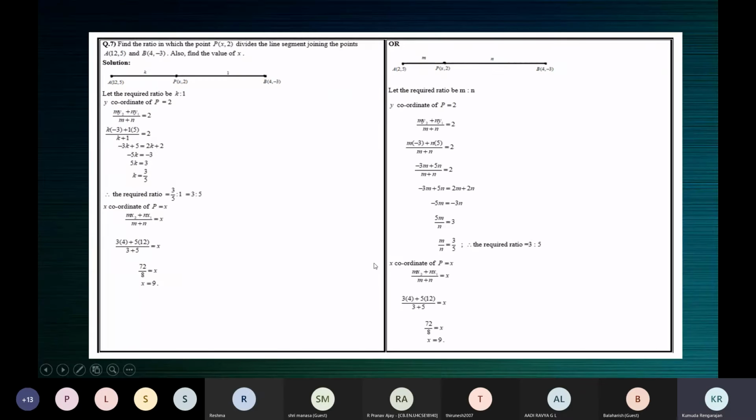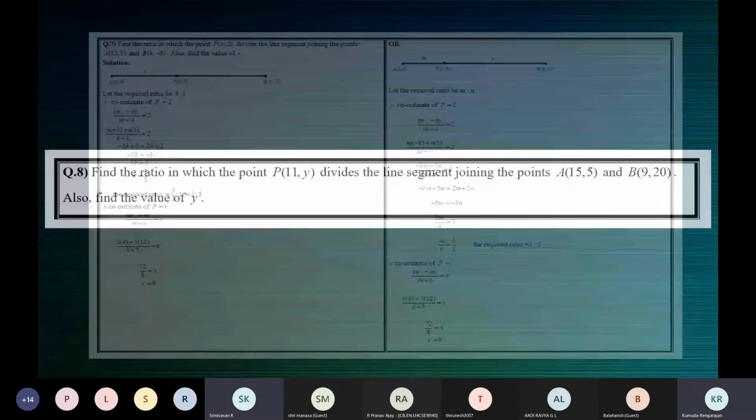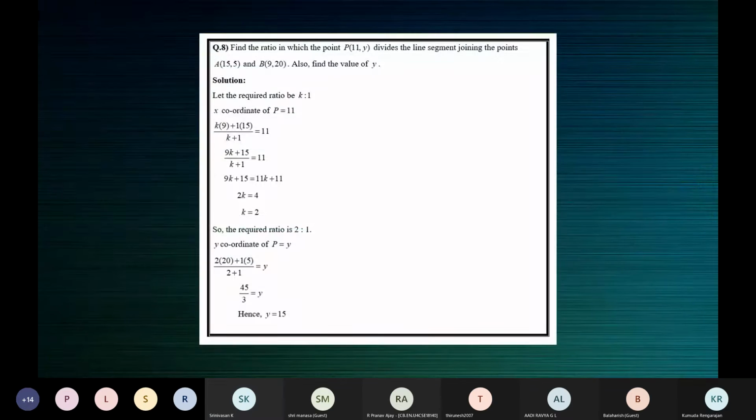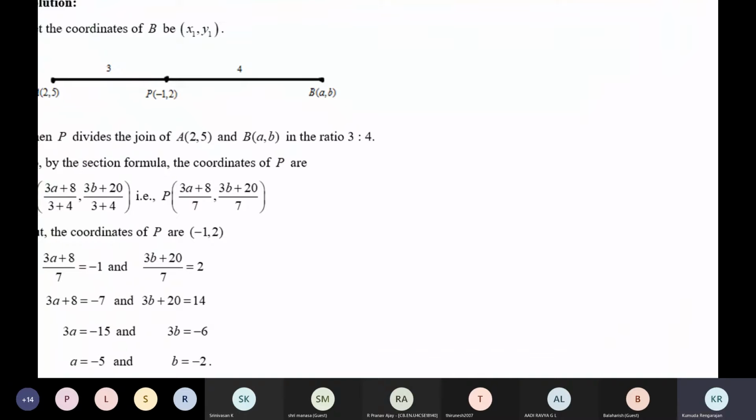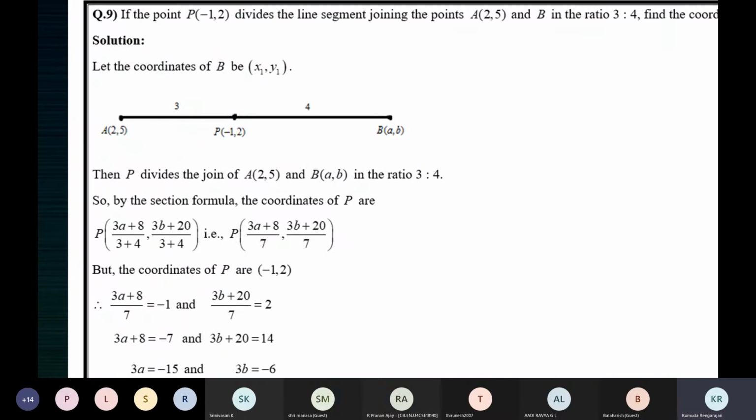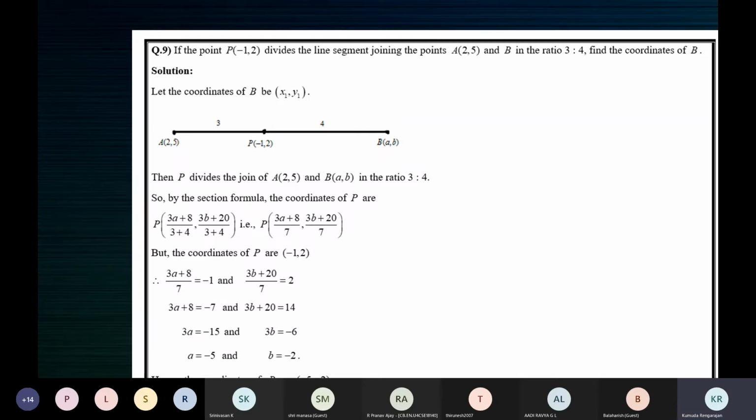Okay, you can take a screenshot of this one. I've worked this one also using the ratio m:1. That's all. Take a picture. All right. These we finished, children. This one also I reworked, because the other day it was x1, y1, so it was a little confusing. So I thought I'll just rework it using A and B.